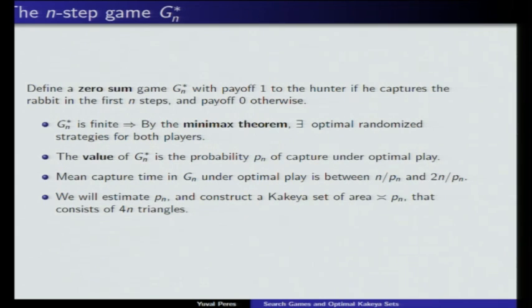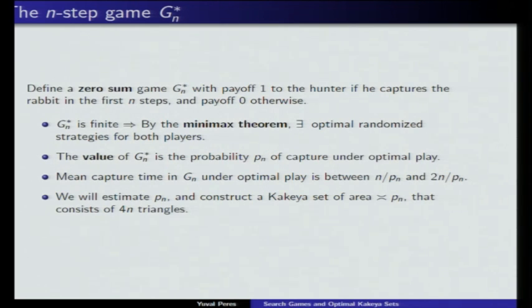Suppose the rabbit has a strategy which ensures probability of capture at most p, whatever the hunter does. So what the rabbit can do, it just iterates this strategy. So it plays for n moves according to the strategy, probability p of capture at most. And then another n moves, just repeats an independent copy of the same strategy. So again, probability of capture at most p. So the number of rounds until capture will be geometric. So the time until capture will be at least n over p.